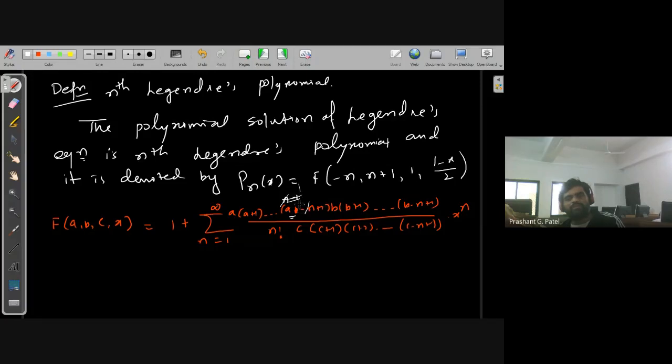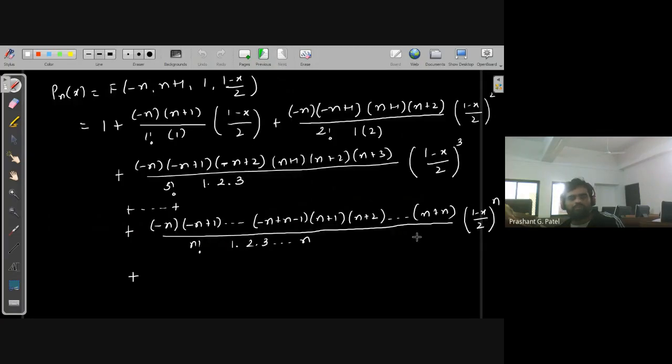So that means you will have the term until this, and all the rest of the term will become 0. So that is a polynomial in terms of x. And this can be simplified as, if I take this minus sign and multiply that sign here, then this quantity can be simplified and rewritten as 1 plus